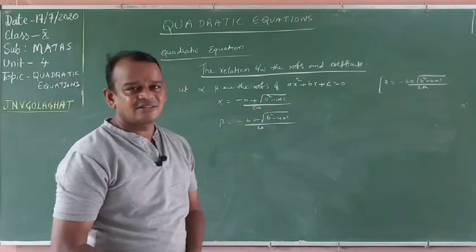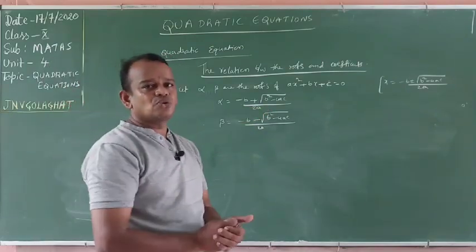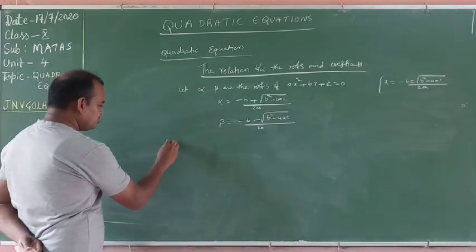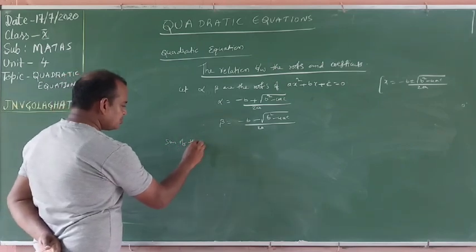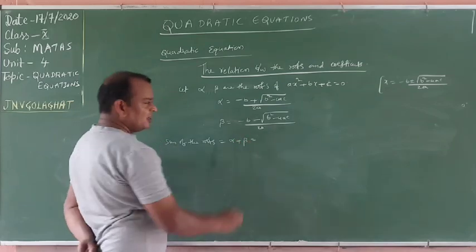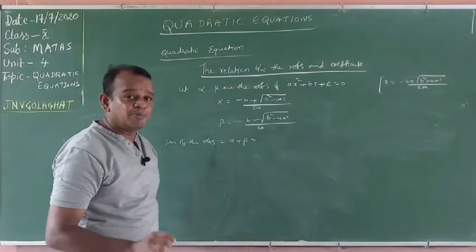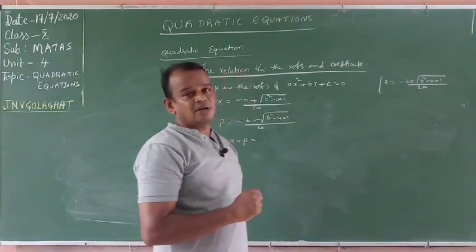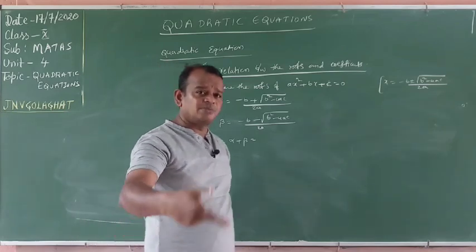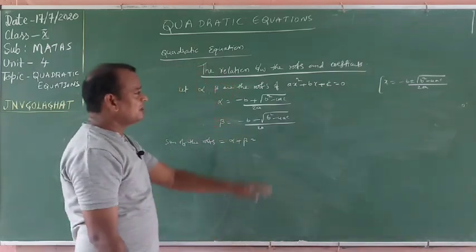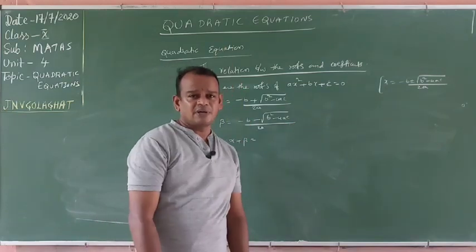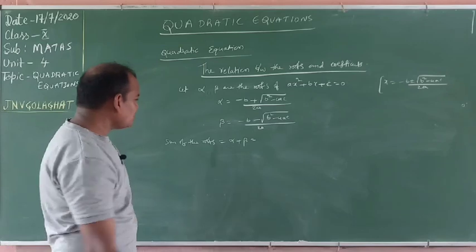Now we write the relations. First, adding those two values of x, means roots. Sum of the roots. First one, simply observe that. What are the roots? Alpha, beta are the roots. Sum of the roots means alpha plus beta. Remember, very, very important. Keep in mind all these formulas. For JEE Mains level, after 12th class, this chapter is compulsory, and you will get one question in the JEE Mains paper. Applications 100%.